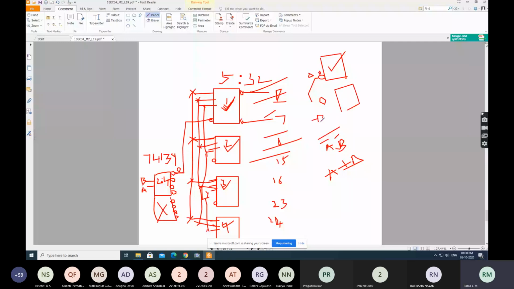It is as if a NOT gate is connected. If I feed 0 here, what happens? I get 1 here. Then the IC is enabled. If I feed 1 here, the output will be 0. The IC will be disabled. So since the output goes low whenever A and B are 0, I am connecting NOT with a NOT. I am not using any NOT gate. So this one will go to this enable. The third one will go to this enable. The fourth one will go to the lower enable. So in this way, I am going for the connection.